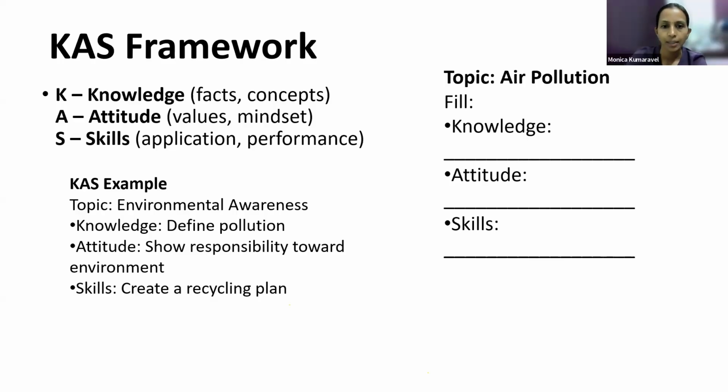And for skills, we can have students observe and identify sources of air pollution in their surroundings. We can ask them to classify activities as polluting or non-polluting in class, and analyze simple situations like cause and effect. Such situations we can give, or explain, and they can communicate ideas through posters and slogans. Very good, ma'am. You have given great ideas. Thank you, ma'am.